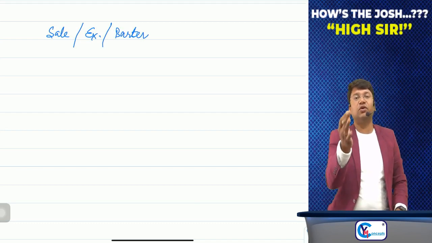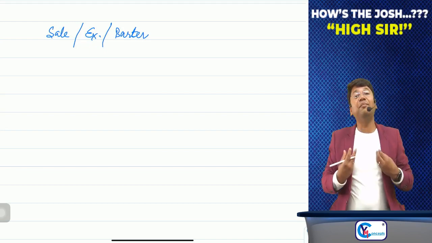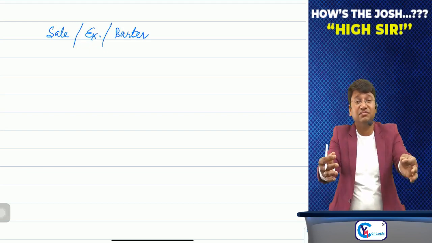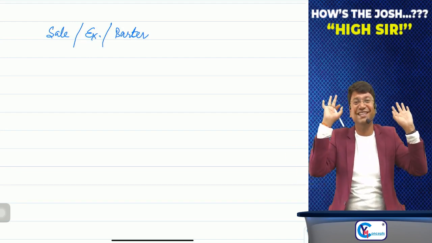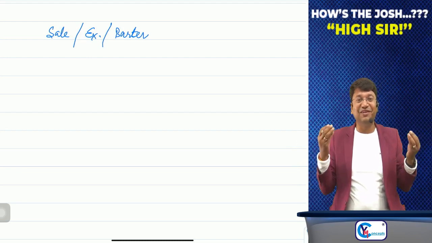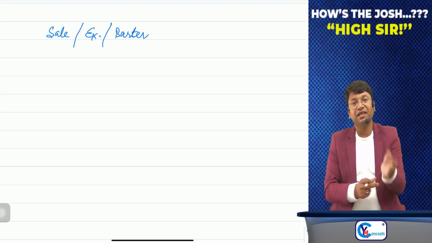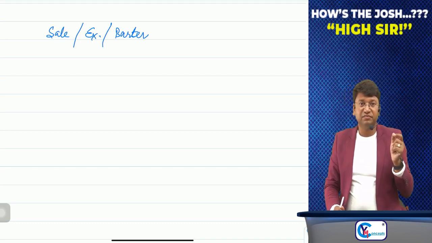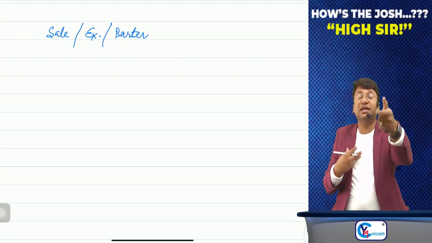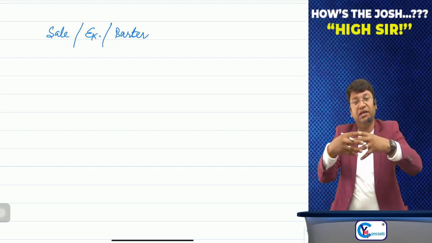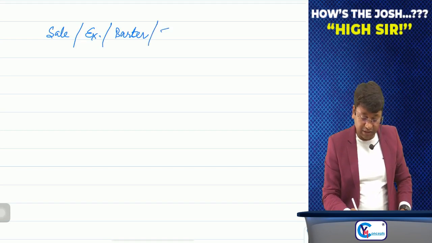Sale, exchange, barter. Sir, pure exchange is called barter. Suppose I am teaching you indirect tax as against you teaching me direct tax. Both are gone. Sir, both will go mad. Sir, my point is that sale, exchange, barter. Pure exchange is called barter. If I am teaching you indirect tax as against you are teaching me direct tax, this is barter. It is supply for you also, it is supply for me also.